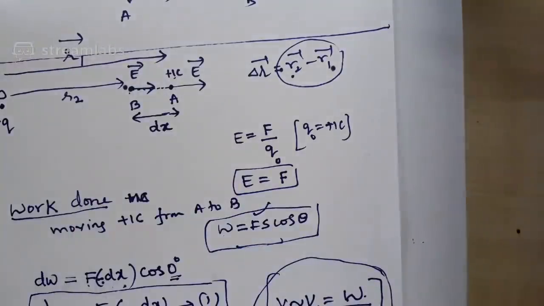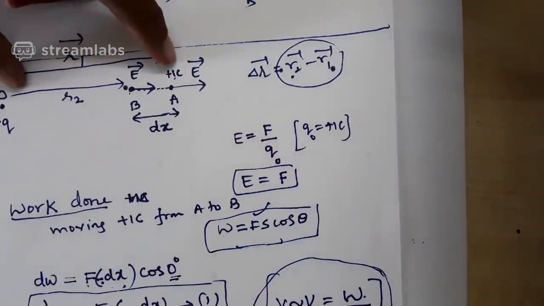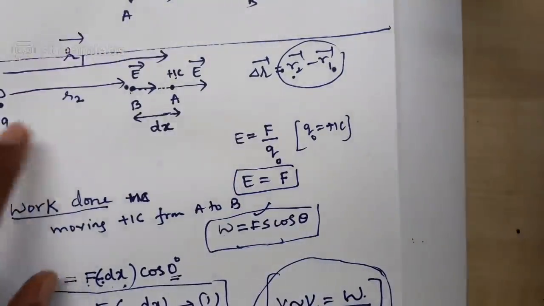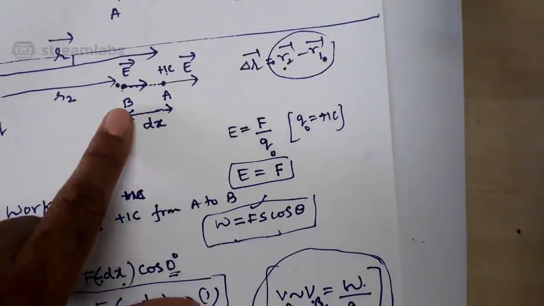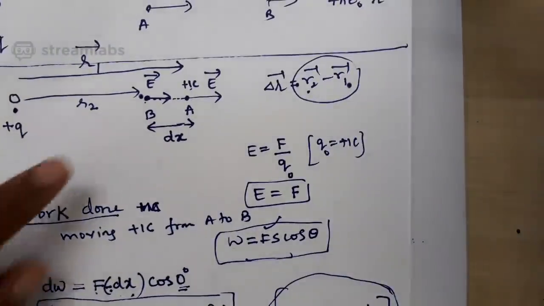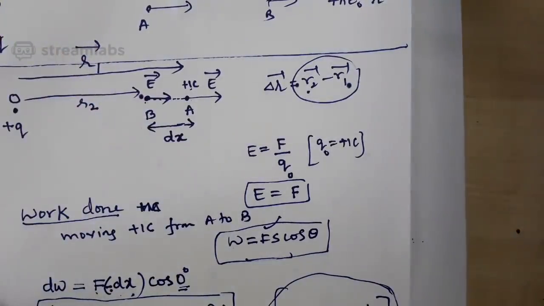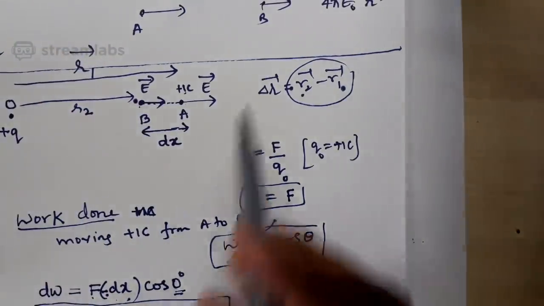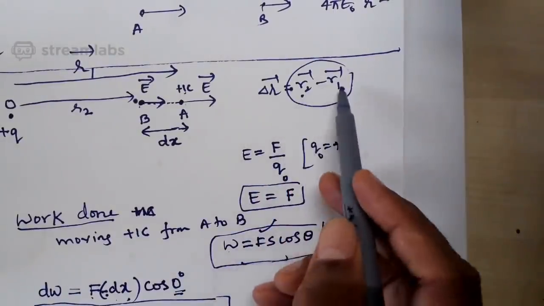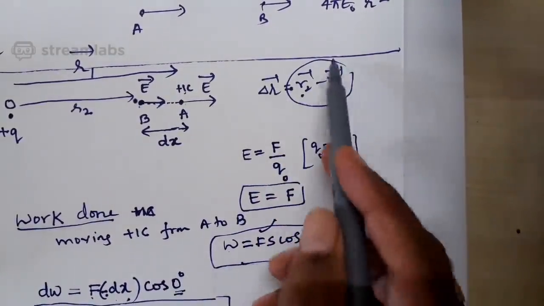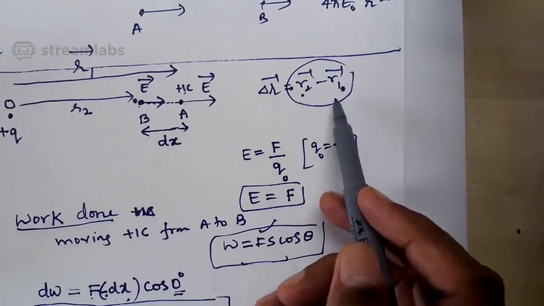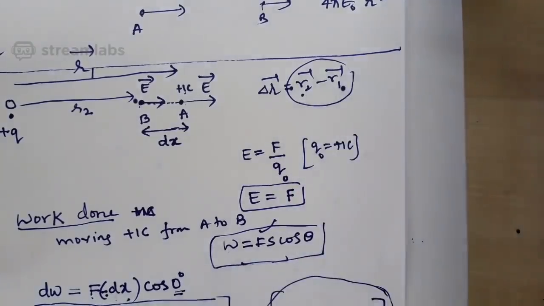I explained using the concept of position vector. Initially a +1 coulomb charge was at a distance r1 from q, and later it is at a distance r2 from q. What you find is the distance of the +1 coulomb charge from the point charge goes on decreasing. That is one way of understanding the negative sign. Or if I deal with the displacement, final position vector minus initial position vector, this answer is obviously negative. Displacement is a vector, so minus dx.